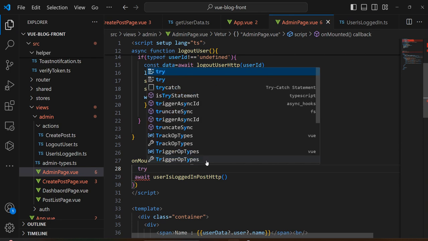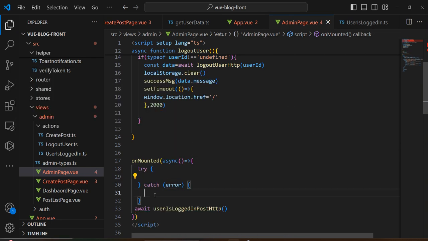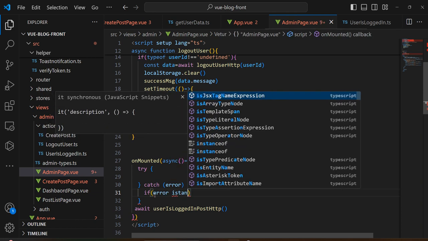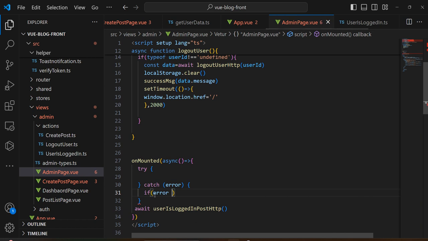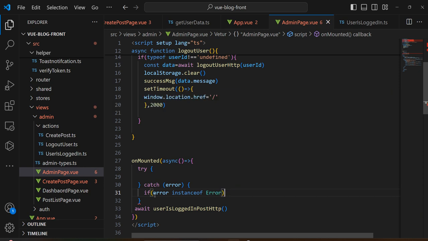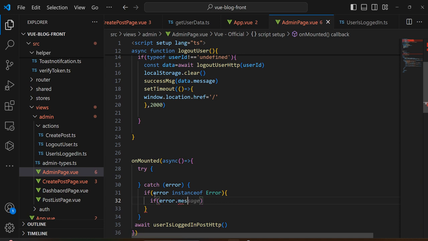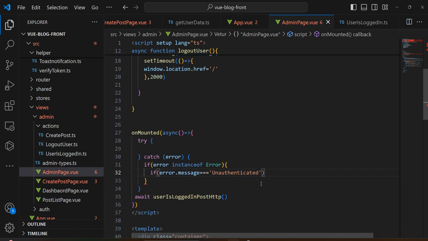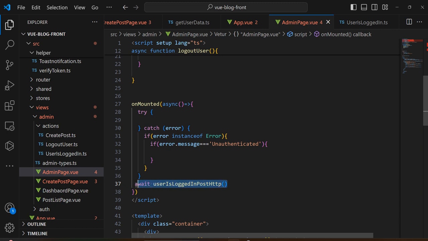I'm gonna do try catch, and then here I'm gonna check if error is instance of Error class, and then I'm gonna create another condition if message is equal to unauthenticated. Here you can see we got a message returned by Laravel, unauthenticated. I'm checking the message, it is unauthenticated, and then I'm gonna